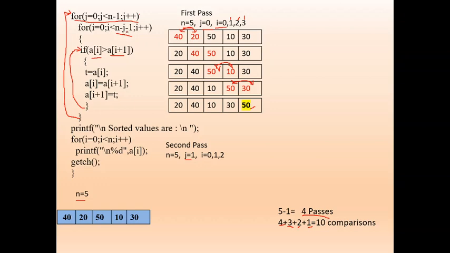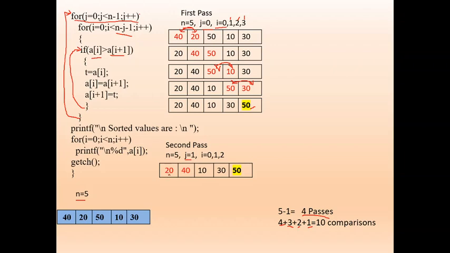I is less than 3 means I will get 0, 1, 2. What was my recent sequence of data? 20, 40, 10, 30, 50. Anyway, 50 is in the correct position, so I need not check it. So I am stopping one position before the last position.